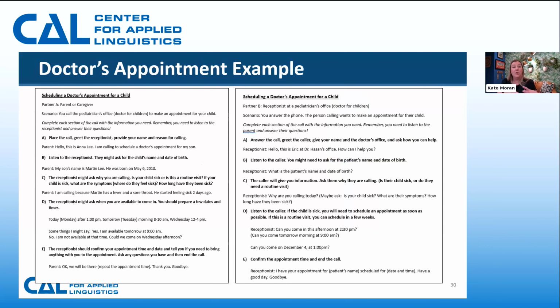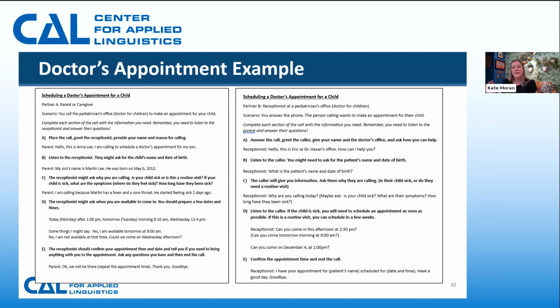I like to have small groups work together to develop one role. So you might have 3 group A's who are developing the role of the caregiver. You might have 3 group B's developing the role of the doctor's office side, the person answering the phone at the doctor's office. After scripting, then you would pair 1A up with 1B. And if you have an odd number, you can always have one person take an observer role. They would share their observations of the listening and responding, and then they would rotate in and take a turn in the role play, and someone else would be the observer.